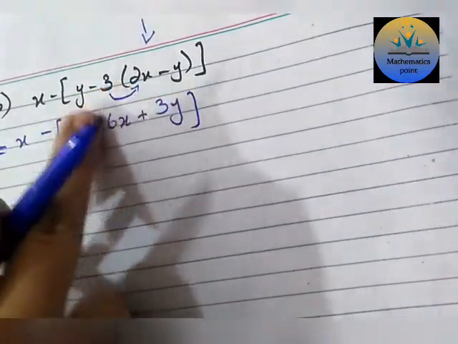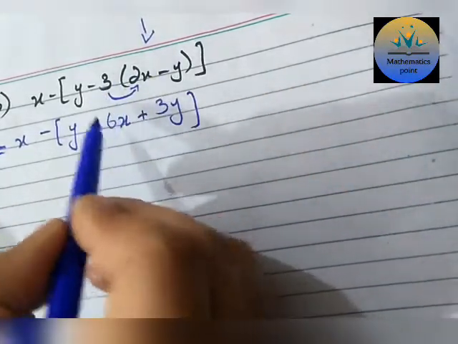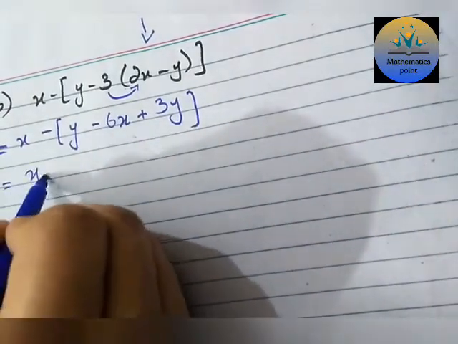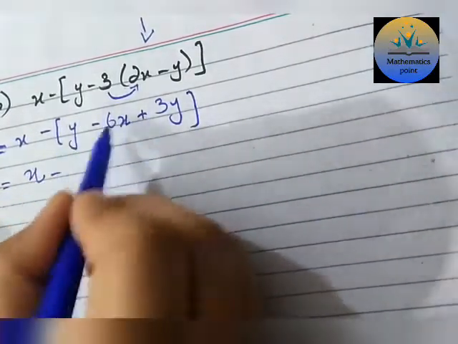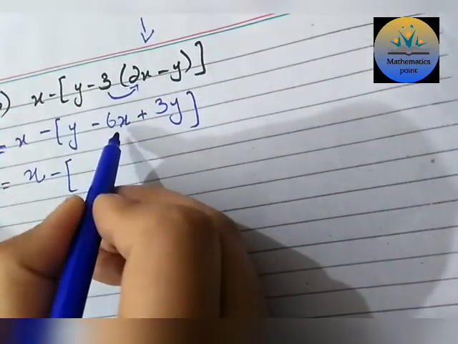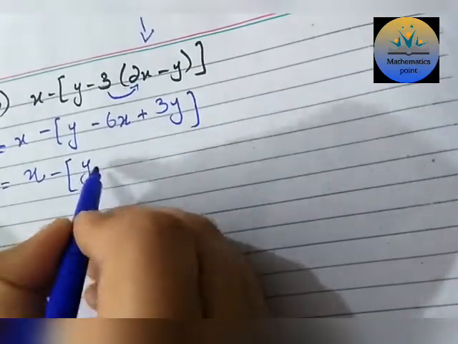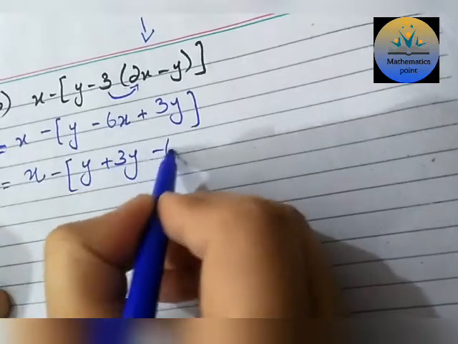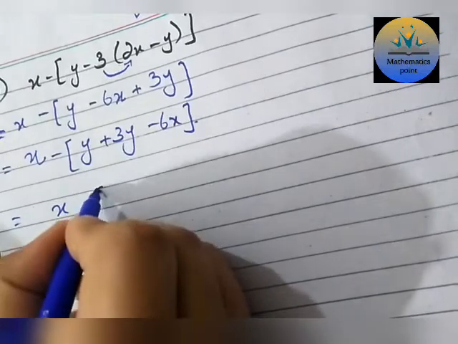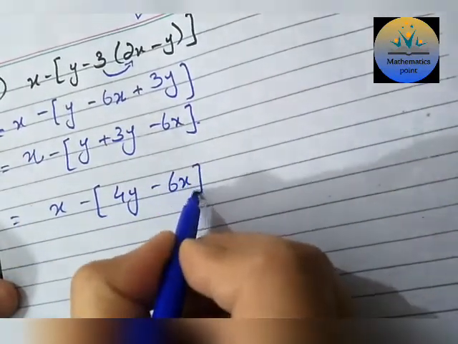Now the inner bracket is open. To open this bracket we expand this expression. Now when we solve this, there is no need to again place this round bracket. Now firstly we solve the terms inside the bracket, then we open this square bracket. So arrange the terms. Here we have y, then plus 3y, and then 6. I will arrange at the end properly. So x minus 3 plus 1y, 4y, then minus 6x.